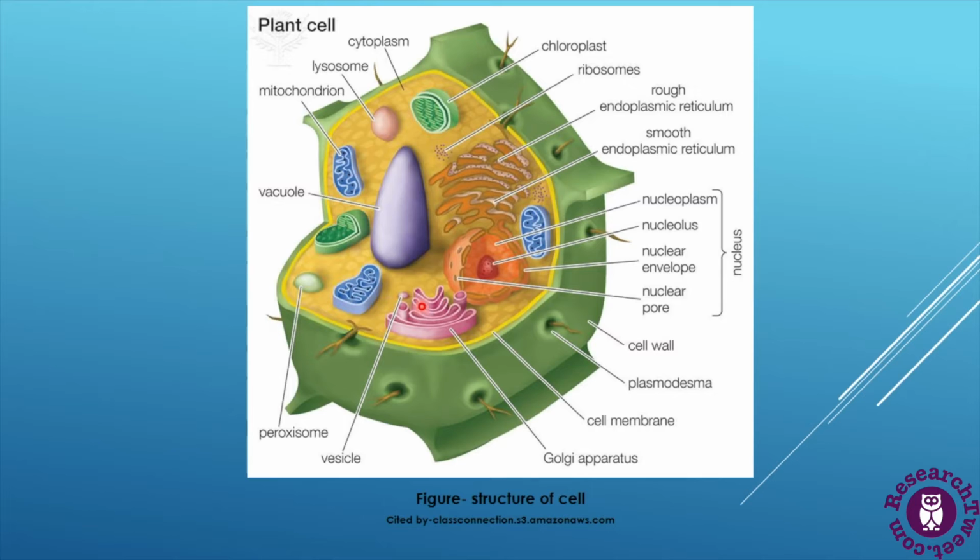So now in this structure we can see the anatomy of a plant cell. Here we can see the plasma membrane which covers the whole cell and cellular organelles, and here we can see the yellow colored cytoplasm and all the cellular organelles embedded in this cytoplasm. Here we can see the peroxisomes, and we can also observe the location of peroxisomes in the cytoplasm. It is also a microbody, or small spherical bodies, which are embedded in the cytoplasm. Thus it is also called a cytoplasmic organelle.